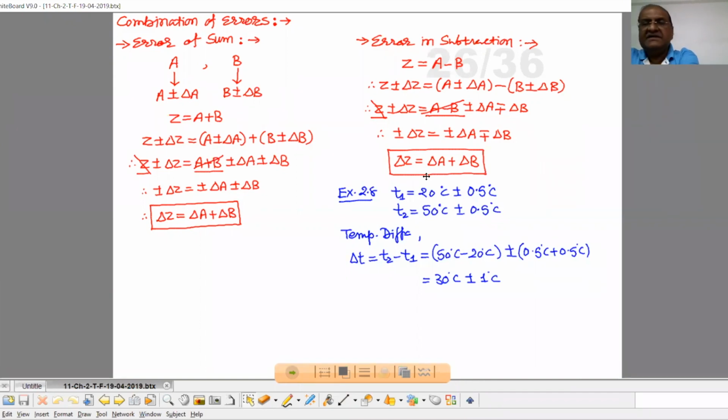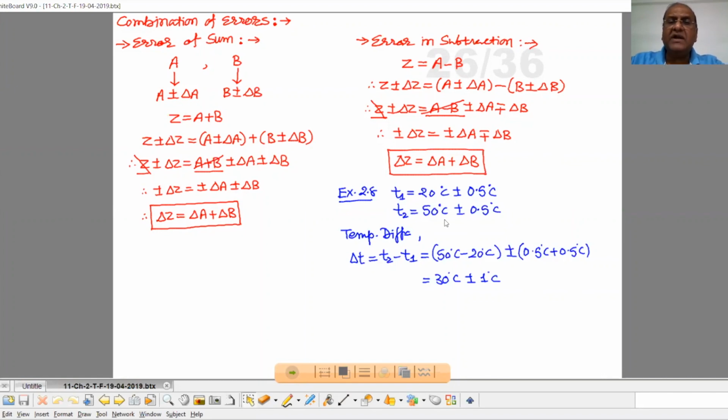Then see, one simple example related to this combination is given to you. The temperatures of two bodies measured by a thermometer are T1 equal to 20 degrees Celsius plus or minus 0.5 degrees Celsius and T2 equal to 50 degrees Celsius plus or minus 0.5 degrees Celsius. Calculate the temperature difference and the error therein. Now see,